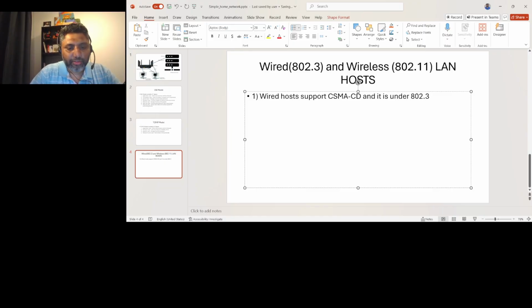802.3 umbrella, technology umbrella. Okay, so what exactly is 802.3? 802.3 is an IEEE standard which supports Ethernet protocol. Ethernet is wired LAN host. When we connect our computer to the Ethernet cable, wired cable, it is called Ethernet, right? So, and what does CSMA CD mean? CSMA stands for carrier sense